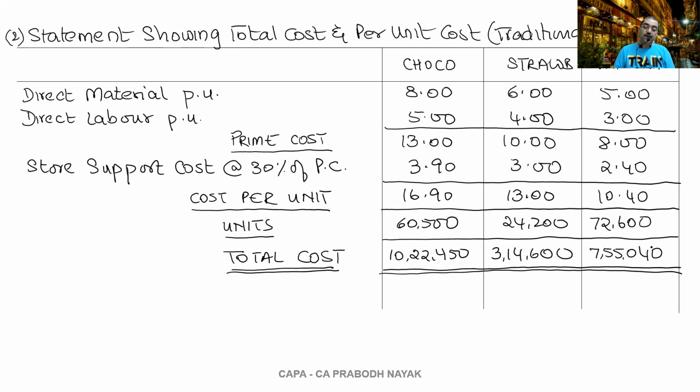Now in traditional costing, overheads are not shown separately; they come together. All the total overheads are taken at 30% of prime cost, so that is predetermined allocation. In activity-based costing, we'll have to go as per the cost drivers they have given us. For ordering, it is number of purchase orders; delivery, number of deliveries; shelf stocking, shelf stocking hours. So on a driver basis, we have to take the figures. Okay, so let's do it.